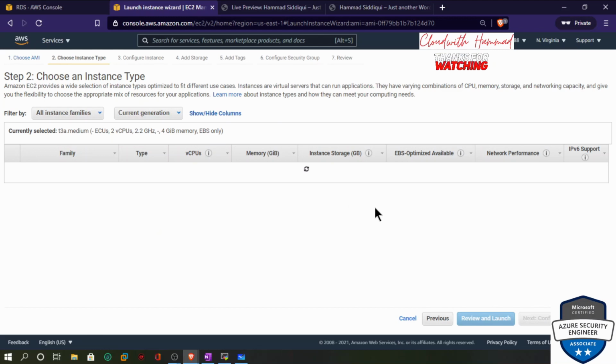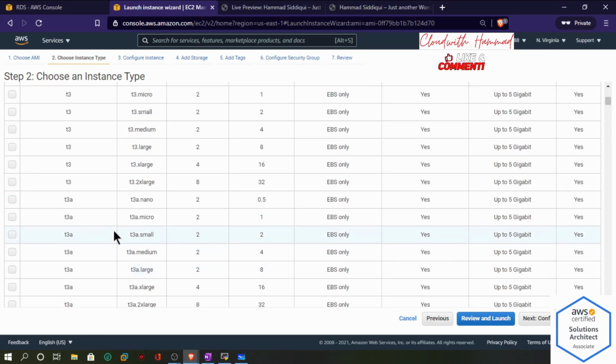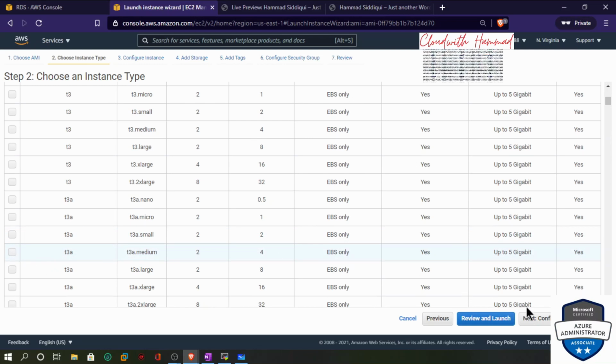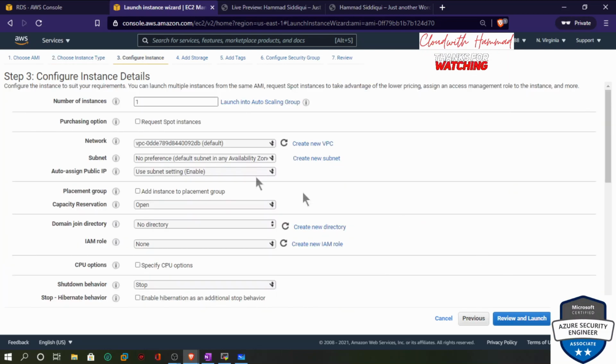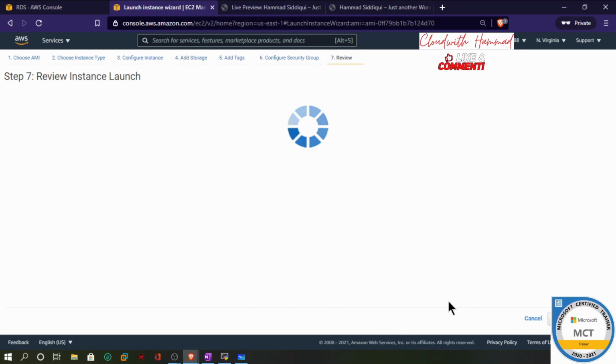Pretty much the same thing. We're going to go quickly on this. Medium. Next. Same thing. Make sure we have the same default. Once you create your own VPC, you can work through it, but I just kept it default. Next. I'll make sure that